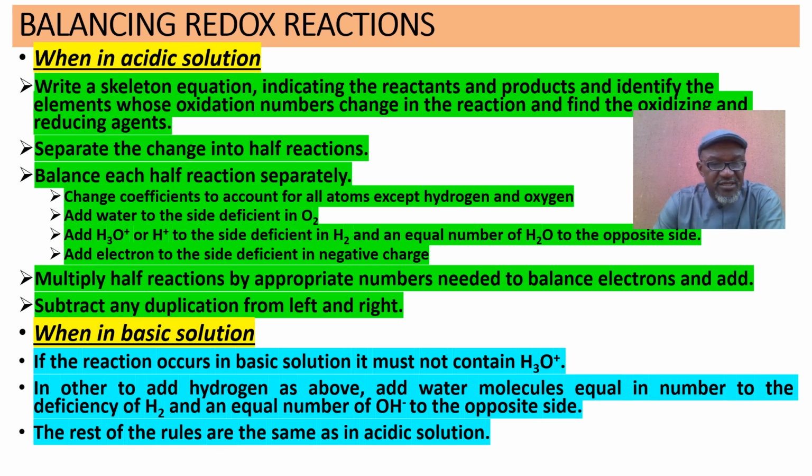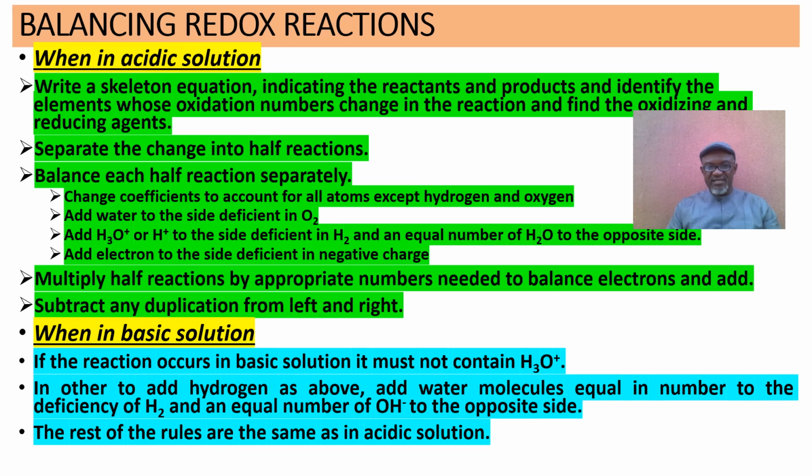When it is in basic solution, then it must not contain hydronium ion or hydrogen ion. So what we now do is, in order to add hydrogen, remember there's the third step there. We said add hydronium ion or hydrogen ion to the side deficient in hydrogen and an equal number of water